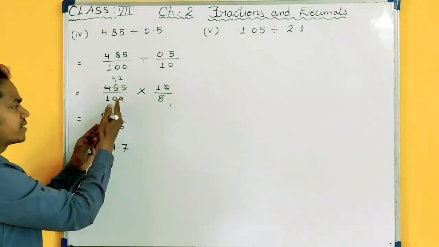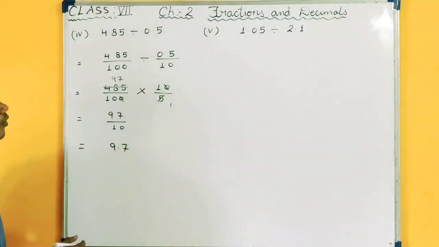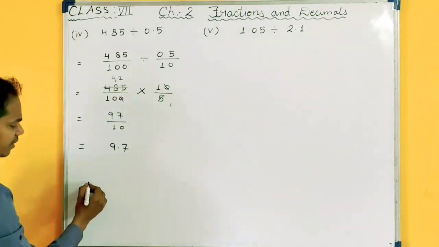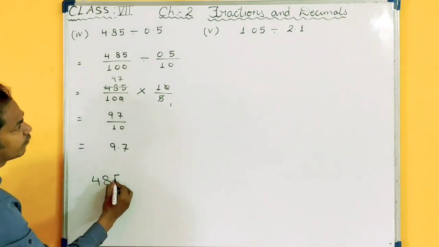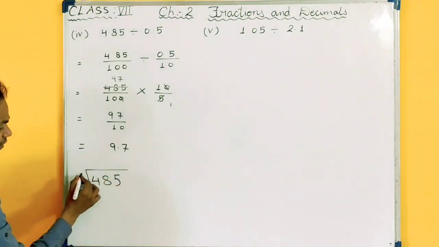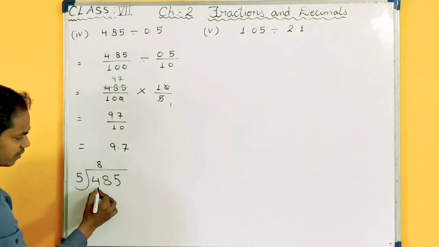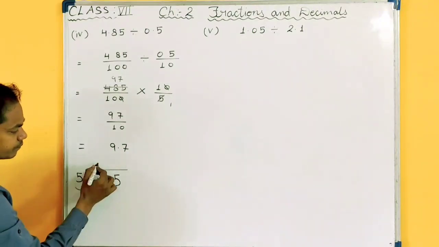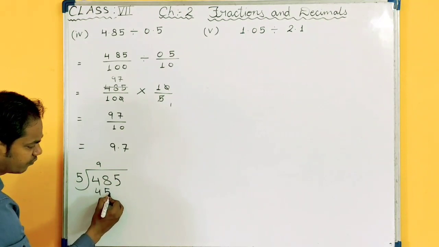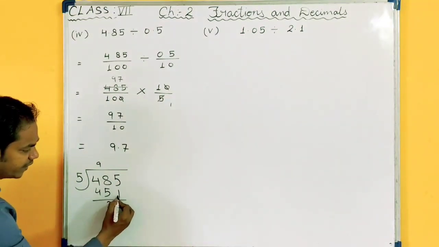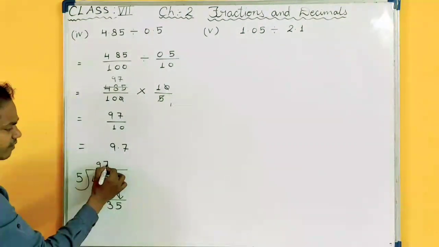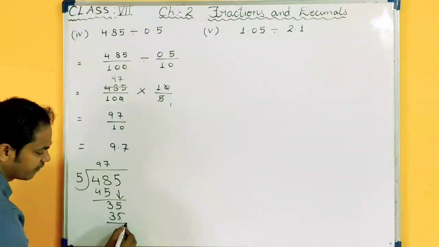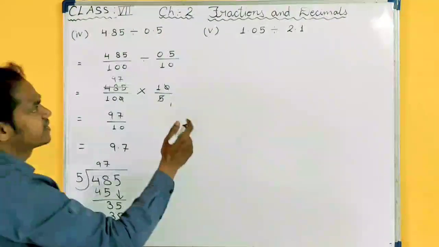So from the right hand side you will count one value and mark one point. Here I have done cutting. Cutting means division. I have divided 485 by 5. 5 9s are 45. 5 8s are 40. Remainder is 3. Then 5. 5 7s are 35. Here I have done division. Okay. Same way